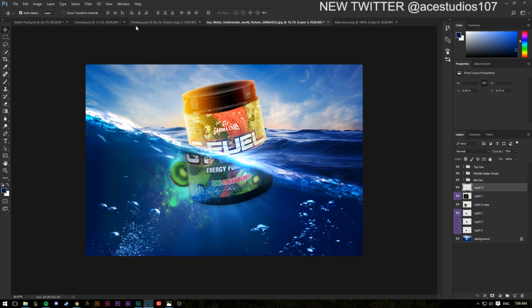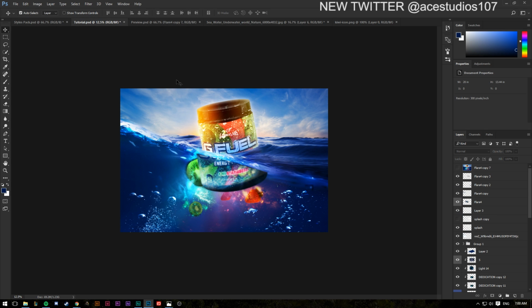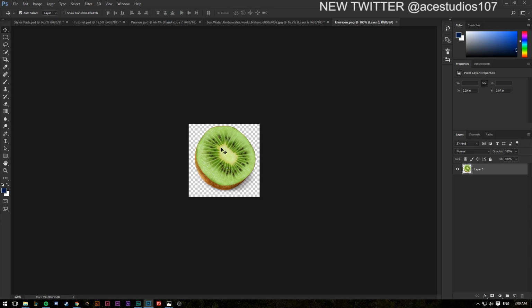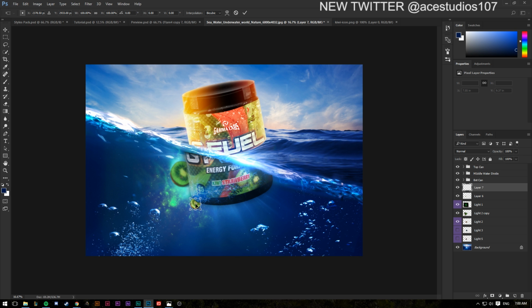Now I've got to pop in another one, so we're going to go to file, open, pop that one in, drop this one back in, and this one is actually just going to sit somewhere like here, but it's going to have its own lighting. We're going to give it some treatment of love, so we're going to do that. Move this one here,